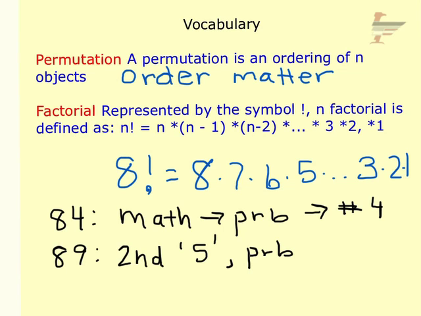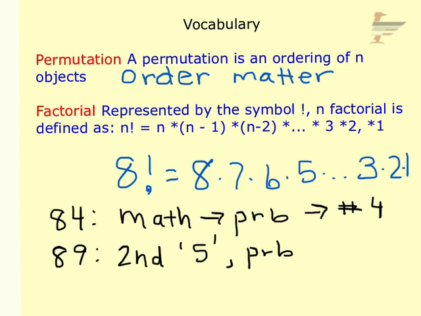Okay, so I have the directions up here. If you have an 83 or 84 calculator, from your home screen, you want to type in the number 8 first. And then after you type in 8, you go to Math, and then you arrow over, right arrow or left arrow, over to PRB. Then you should see number 4, there's an exclamation mark, which is, of course, your factorial. And then when you press enter, you get